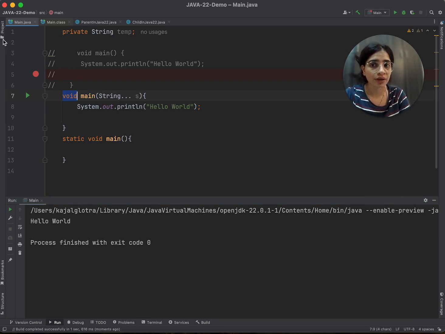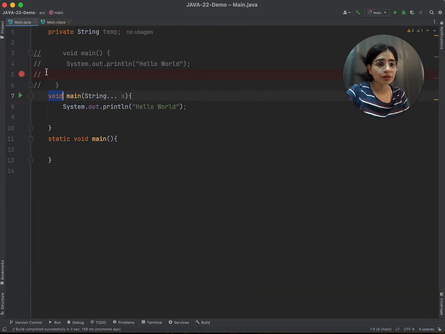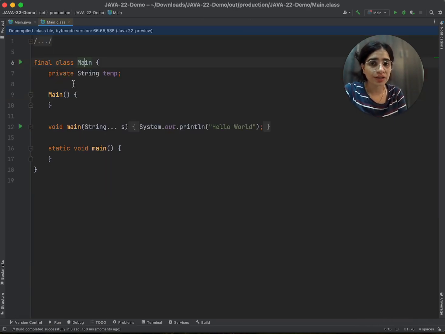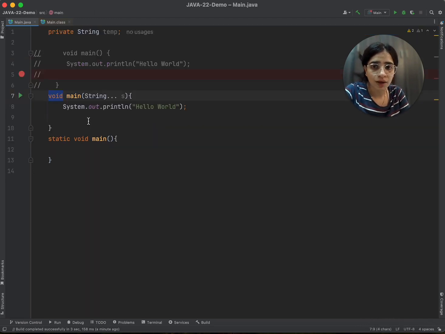Now if you want to see what is going on internally, if you want to see the compiled code of this class where I have not defined any name, you can see this is my main.class, right? And inside this main.class, by default the compiler is creating a final class by the name called main. Why is this class final? Because you cannot extend this class because we do not have any name to it, right? By default the final class is getting created, and inside this class we have this instance level variable by the name called temp, which you can see inside the compiled code of it. Now I think this is very much easier for a beginner to understand.